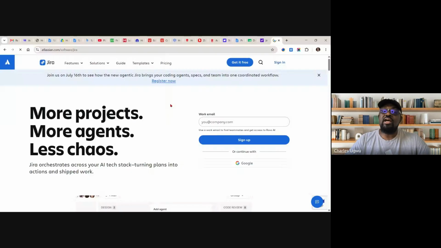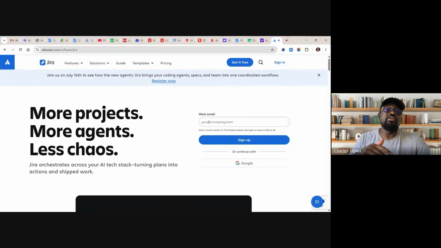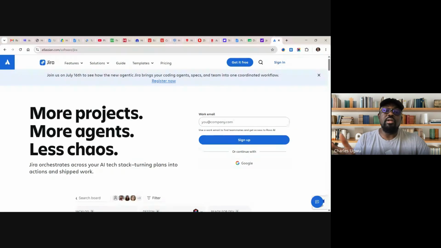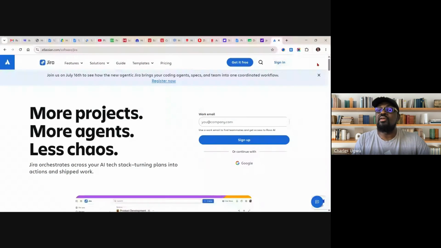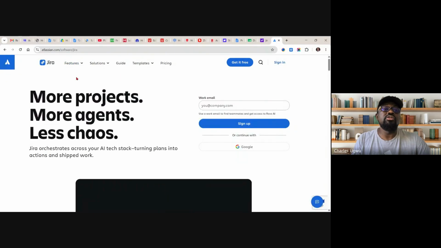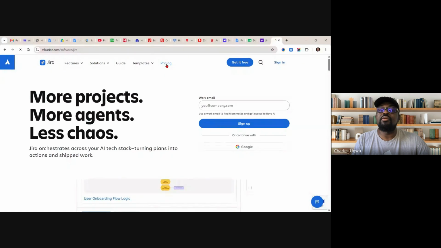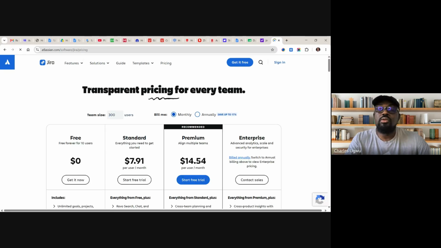So Atlassian has so many products now. They have ITSM products. They have so many of them. Even Trello belongs to Atlassian. So that's why we have to make sure that the one we're talking about is Jira. So you can see Jira here, atlassian.com/software/jira. Let's look at pricing. Under the pricing, you look at it here, you see, for you to use this is free